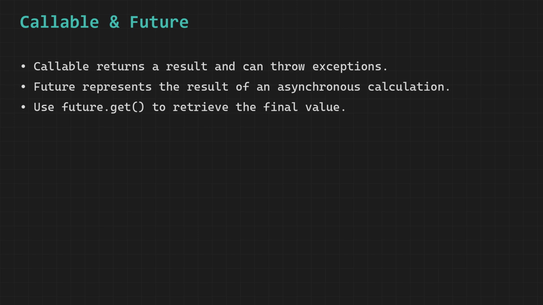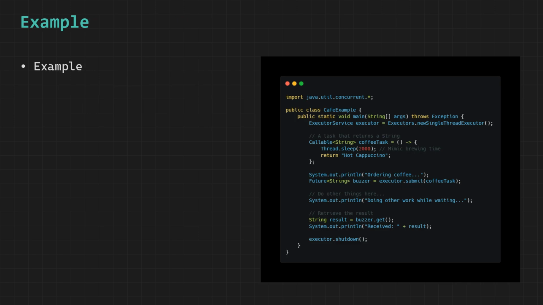When we call future.get on our Future object, the program checks whether the result of the callable is already available, and if the background thread has already finished its work, then future.get immediately returns the computed result to us without any delay. But if the background thread is still busy working, then future.get causes the current thread to pause and wait patiently at that exact line of code until the background thread finishes and the result becomes available, and only then does it retrieve and return the final value to the caller so that it can be used in the rest of the program.